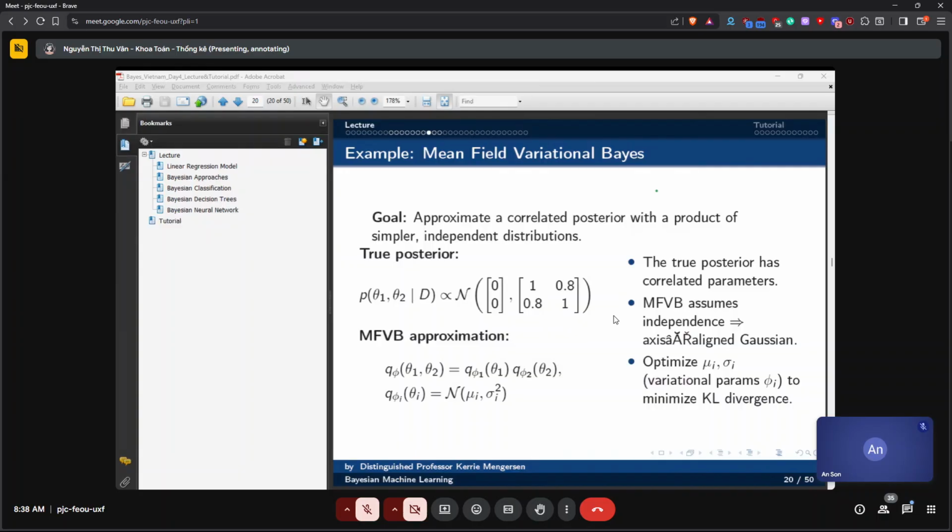The correlation between the two variables is 0.8. So this is like a hill, but it's not going to be a symmetric hill because there's a correlation. So it's more like a ridge.